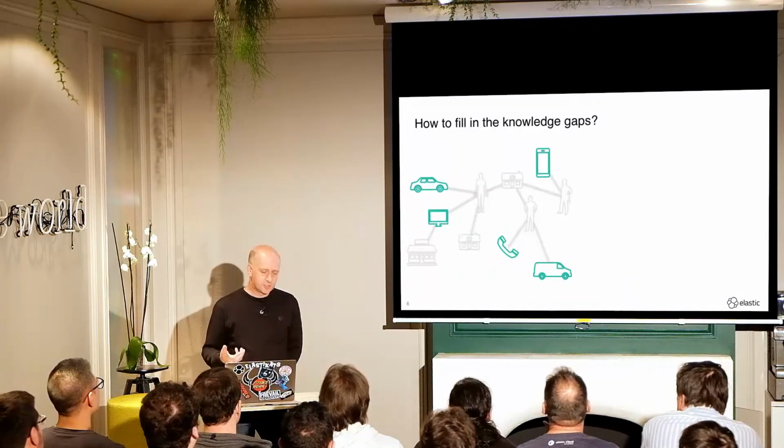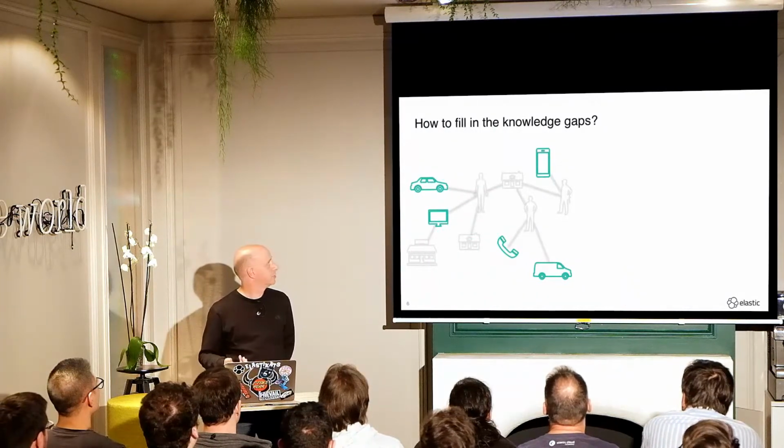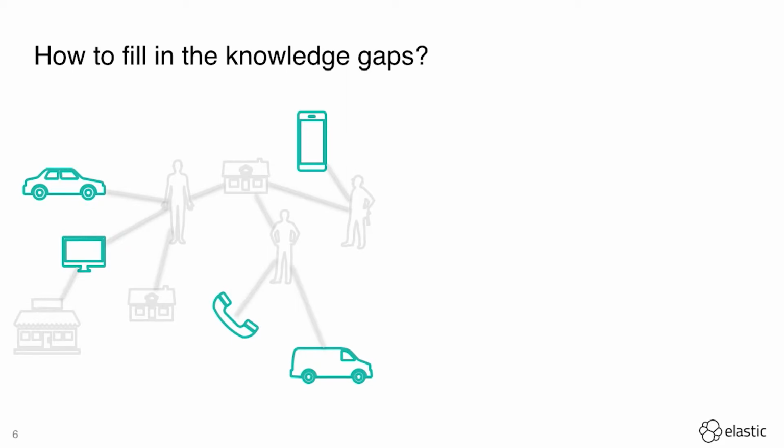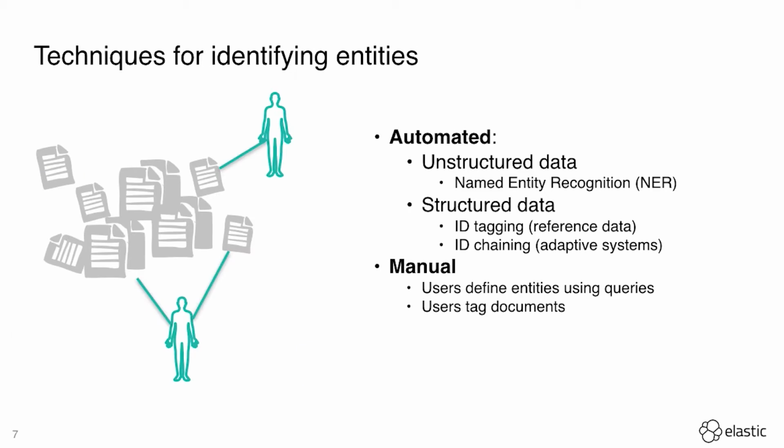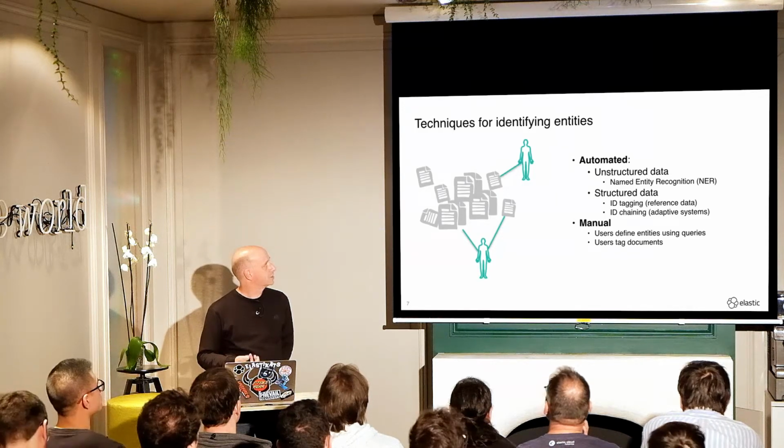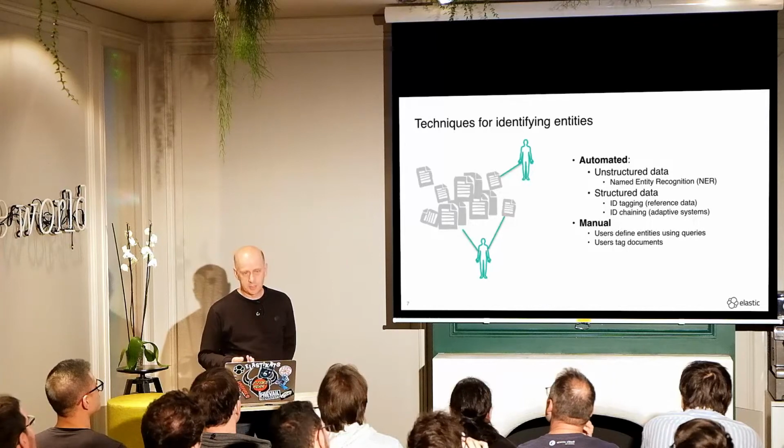So what we need is a set of technologies and tools that will help us fill in the gaps and understand more about people that are running out there in the real world. And this is where we try and improve the quality of the documents that we have, which we store. And there's a couple of ways, largely speaking, that you can go about this. There's sort of automated techniques and manual techniques. So I'm going to go through all of these in this talk tonight.